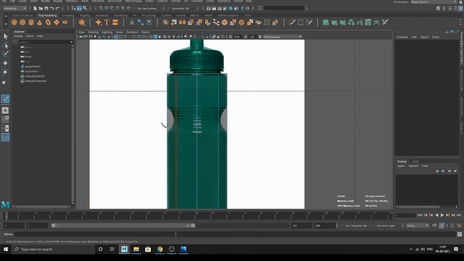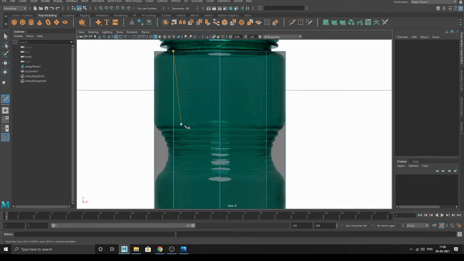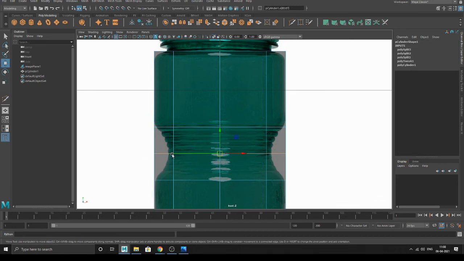Now, what we'll add exactly over here: you can see we can add one like this over here. Why? Because from here it is going inside. Same here also, we'll add over here, because from here it is going inside. Now, a center edge here. Alright, now I'll select this center edge.